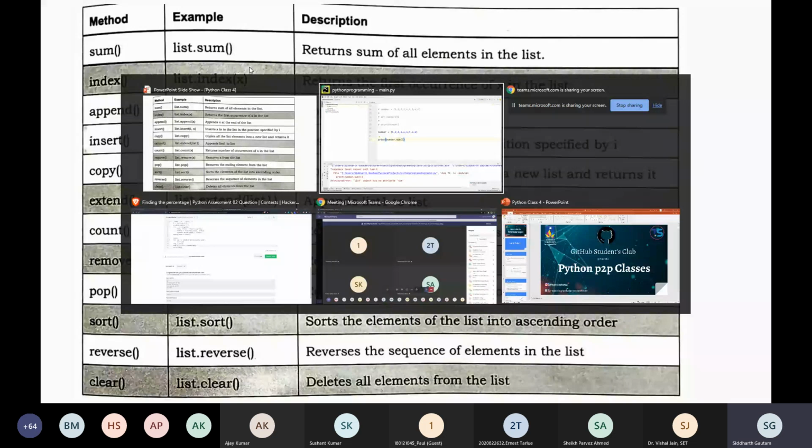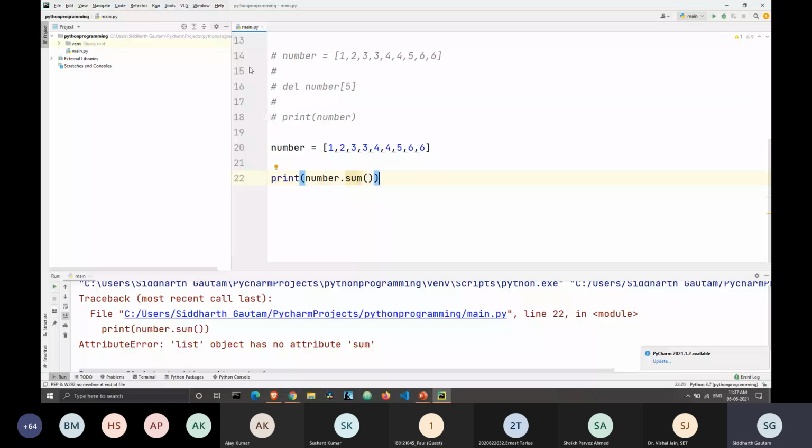This should have worked. Maybe this has been removed in the recent version of Python. I don't know. Parvez, can you take a look? Just go to the documentation of Python 3.9 and see if this functionality is still here. Okay, let's take a look at it.